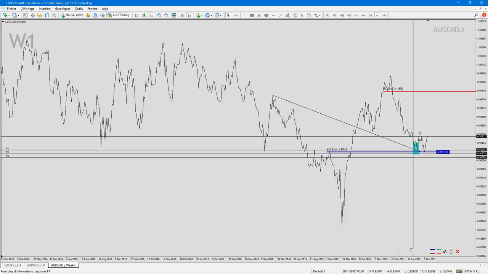we got this trend line breakup, right? Yes, trend line breakup. So when you come back to the H4,